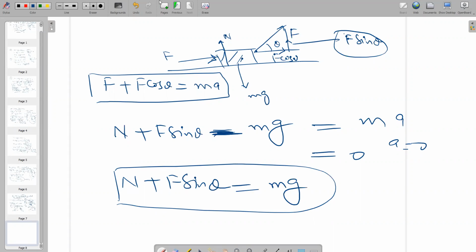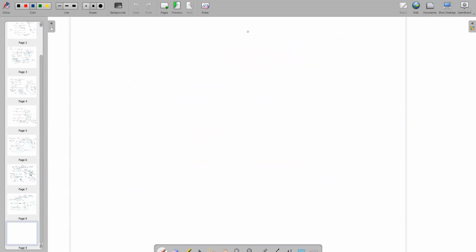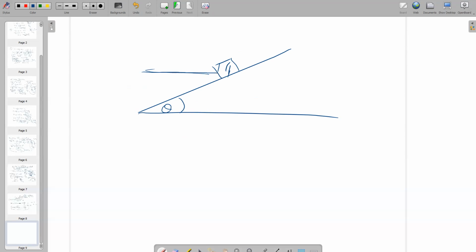Okay, after this, I am discussing the situations and this will be helpful for problem solving. Now I am going towards this inclined plane. This is the inclined plane making an angle theta. The body is here. Now the force is acting like this one, making some angle theta, this is the force direction, and he is asking to find this force and other parameters are given.